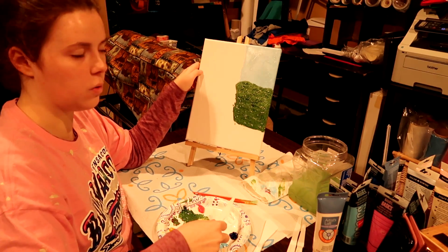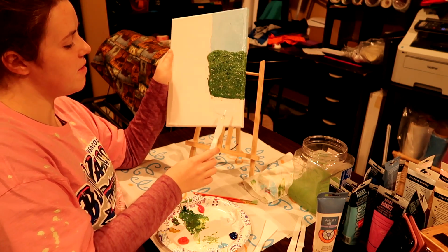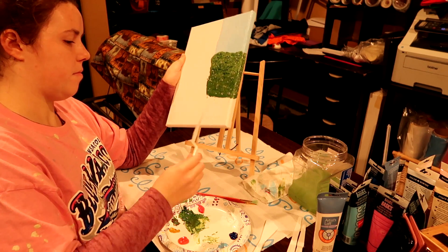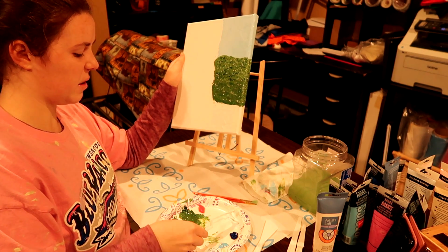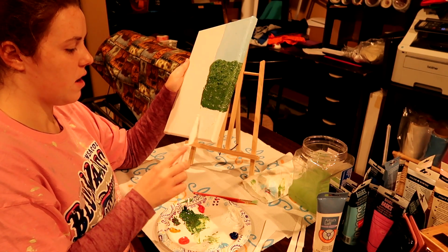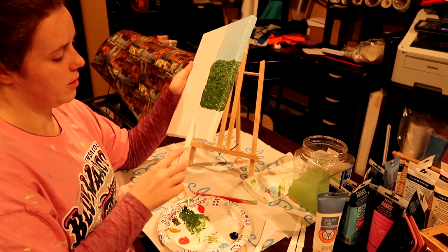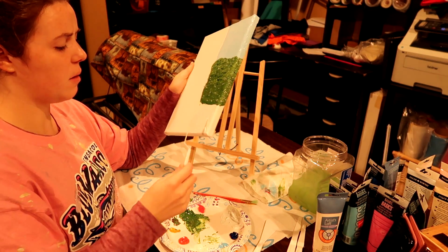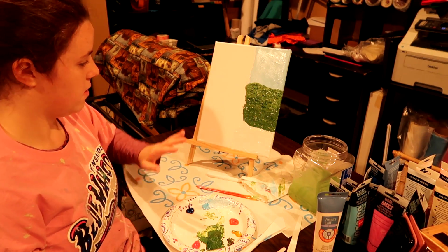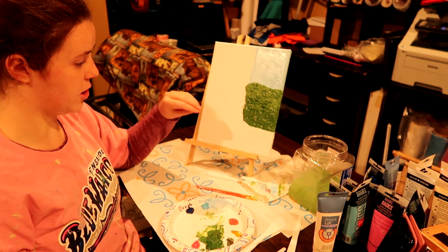Alright, here it goes. I love the looks of the scraping from the palette knife. It gives it a really cool look, which I've always loved, and I've always tried to figure out how they do that look of almost a smudge kind of thing. But now I found out it's the palette knife, and I will be using palette knives. I'll be doing them for almost all my paintings. Alright, that's pretty much done, and I was able to get it overlapping the green without smudging the green into